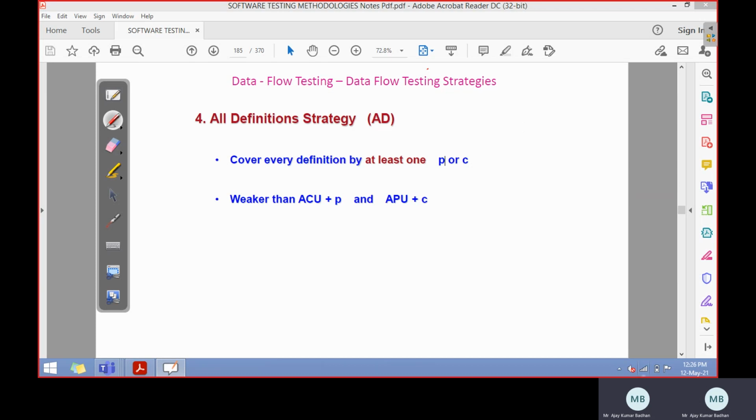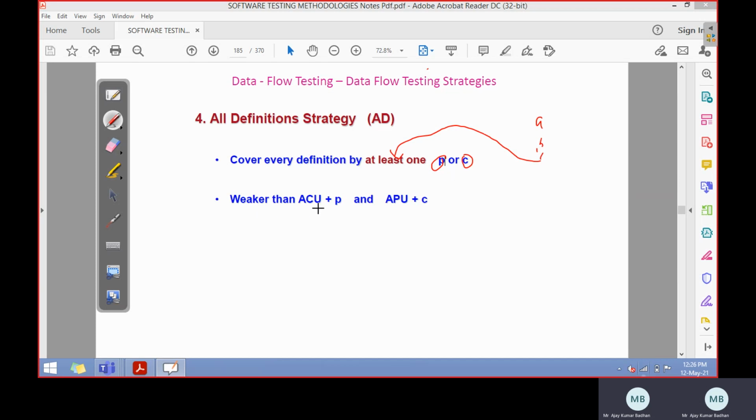So whichever variables you define, A, B, C, whatever, the defined variable should be covered at least one time with respect to P or with respect to C. Means either for computation purposes it should be covered, or for the predicate, any one of them.